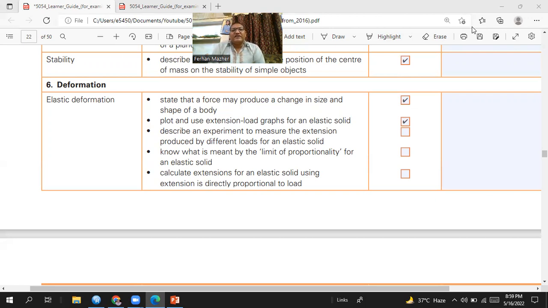Normally in questions this graph is given, and you have to find out, for a certain extension, what is the load, or for this load what is the extension. So you should understand the extension load graph and how to use it in your questions. And another very important thing is that